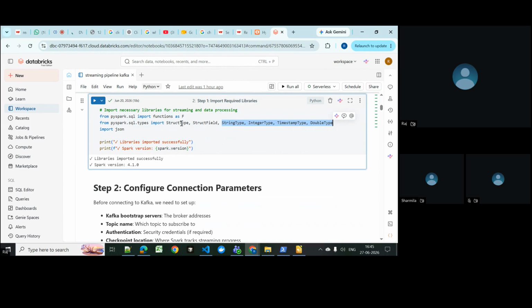So within a struct type we can have struct fields. It's basically my parent field. Let's say I have an address. Within the address I can have multiple fields, like house number, lane number, street number, then city, state, country, pin code. These are going to be part of my fields, and each field is going to have a different data type. So name is going to be some string type, but my pin is going to be integer type, or